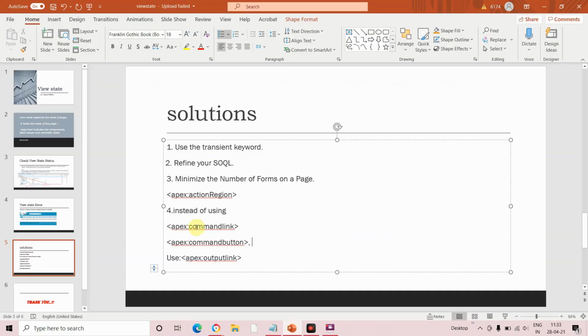Now the next one is, instead of using the command link and command button, use output link. Why? Because if we make use of command link and command buttons, both should be placed under the form tag. As we already know, whenever we deal with the form tag, we have to deal with the view state, right? So in order to minimize the size of the view state and enhance the performance of the Visualforce page,